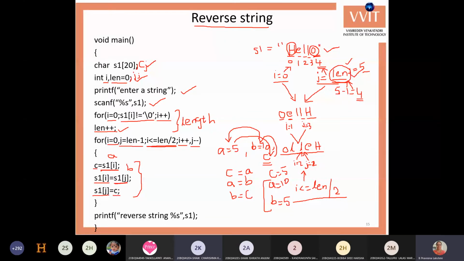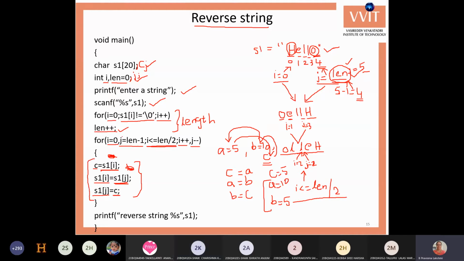So s1 of i, the 0th position character, is stored into c. Then the j position character is stored into the i position. Then the c value will be stored into the j position. So the first letter and last letter will be exchanged like this. This will be repeated a number of times.